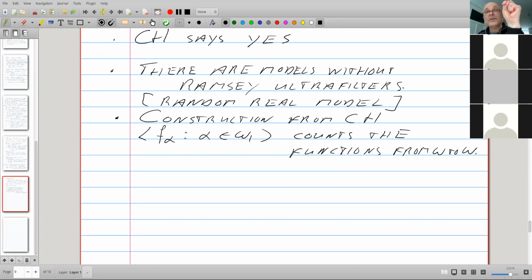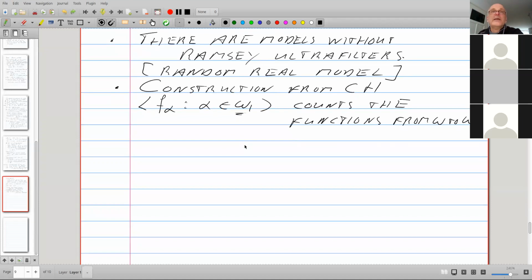And this is where you use the continuum hypothesis. I should have put here the cardinality of the reals, but since I assume the continuum hypothesis, omega 1 is the cardinality of the reals, so I can take an omega 1 sequence that contains all the functions.